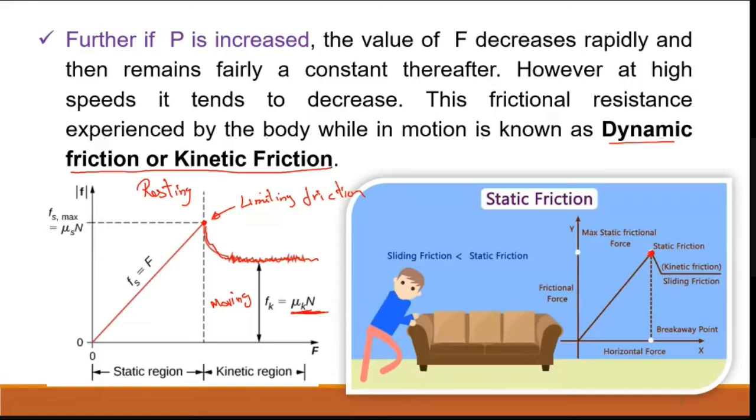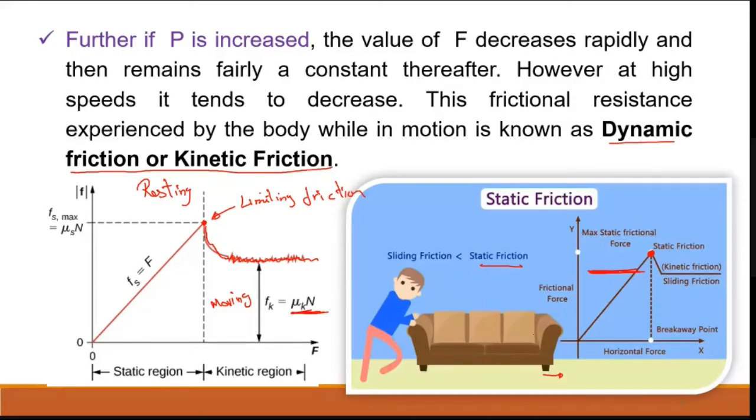This is my static friction. So whatever the friction force within this limit, we call it static friction. Above that, we call it sliding or kinetic friction. Why do we call it sliding friction actually? Because your object is sliding, right? Simple. Since your object is sliding, we call that sliding friction.